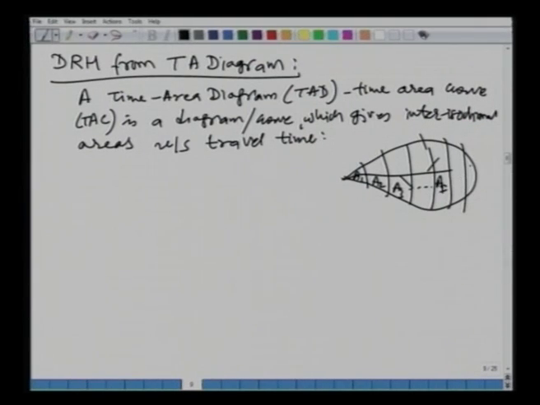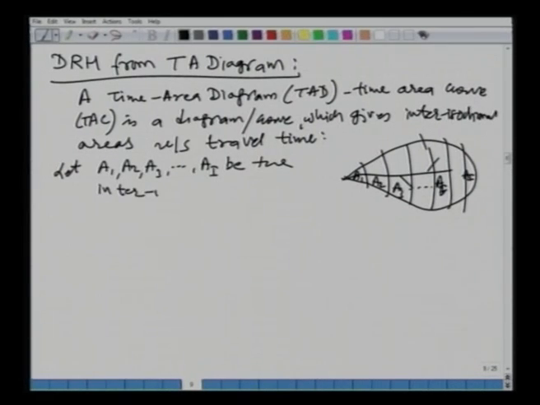I am sorry, the last one has to be A capital I, and this is A small i. Let A1, A2, A3 etc., all the way up to A capital I, with the subscript small i going from 1 to capital I, be the